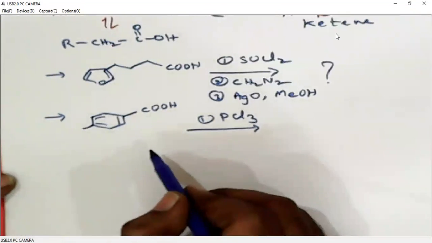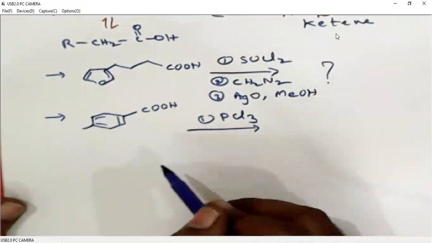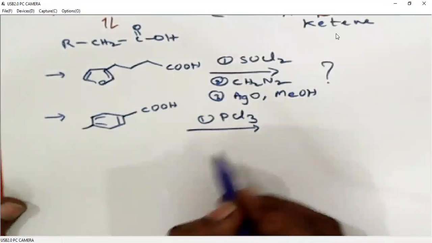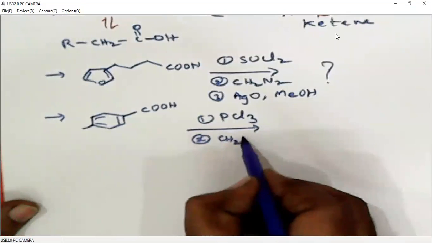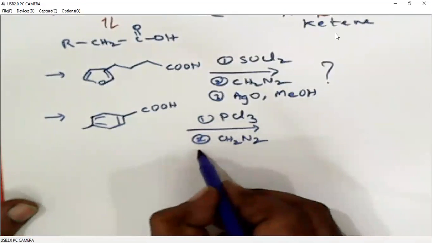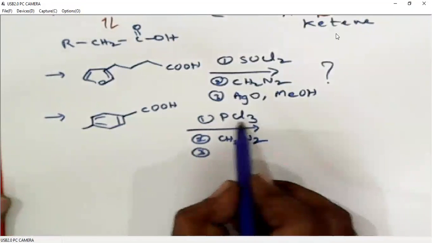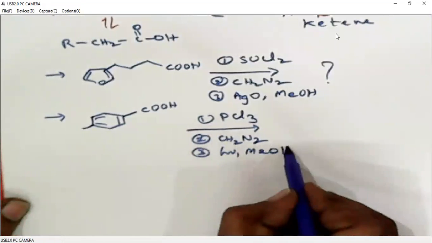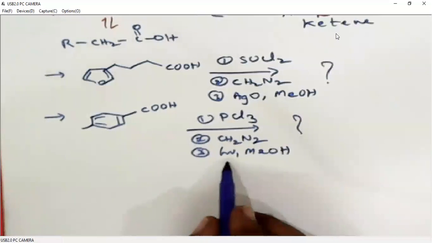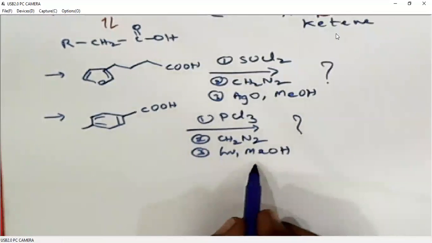Carboxylic acids can also be converted to acid chlorides by treating with phosphorus reagents PCl3, PCl5 or PBr3, PBr5, something like that. Red phosphorus chlorine, red phosphorus bromine. Not only carboxylic acids, even alcohols can be converted to alkyl halides by treating with phosphorus reagents. Here we are generating carbene under photochemical conditions. Again, the solvent is methanol, so we will get an ester.